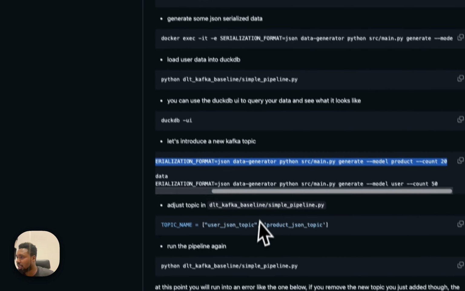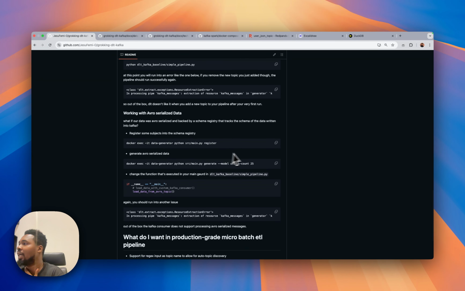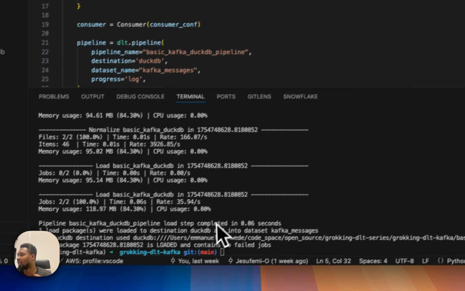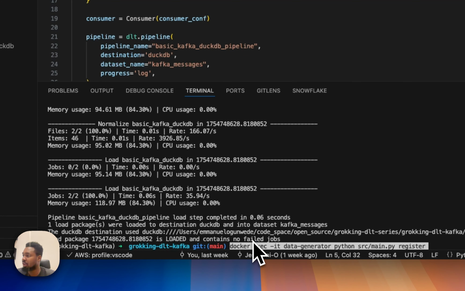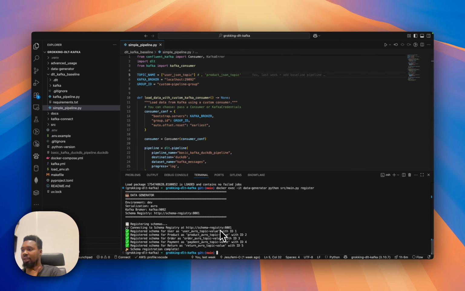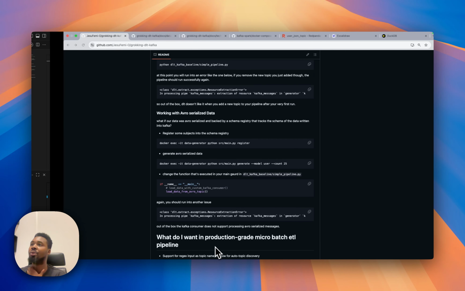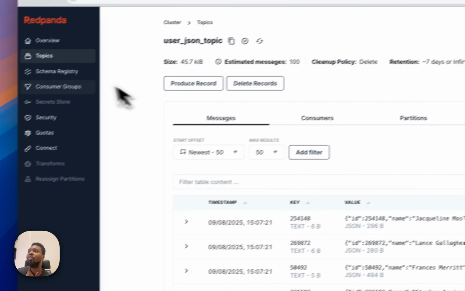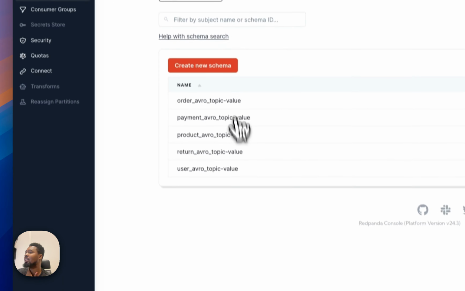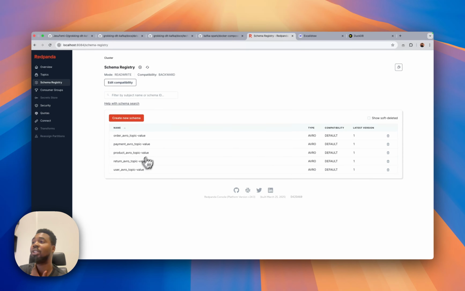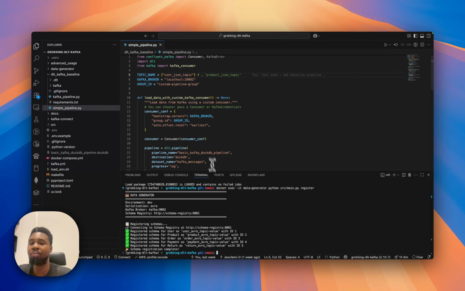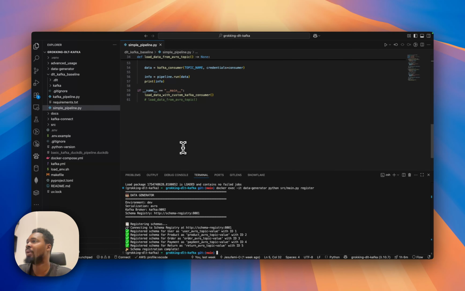Well, if we come back here, part of the things I've done is I have created a bunch of avro schemas, which I'm going to register now. So we have user, avro, topic, product, order, payment, and return. Nothing strange. And then if you come to the schema registry, you can see all of these schemas, they've been registered. And so the next thing we're going to do is run our pipeline,